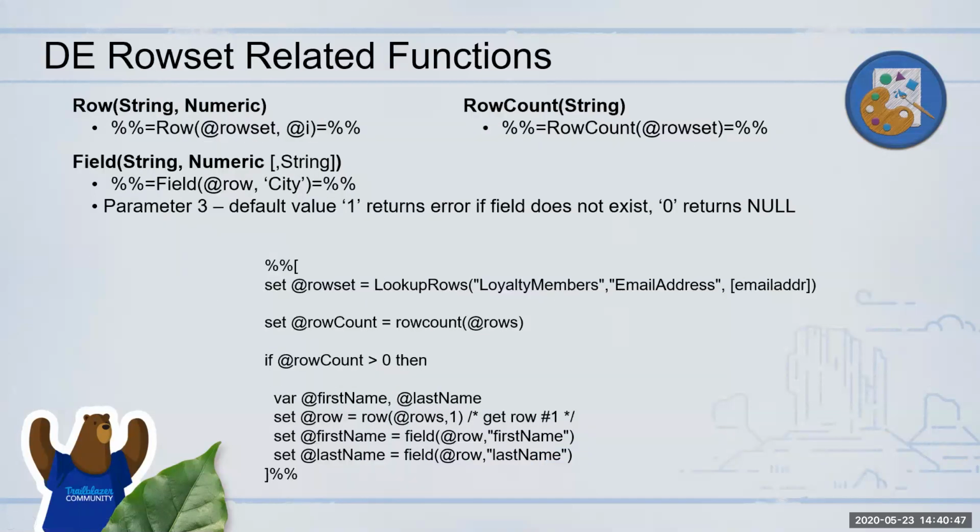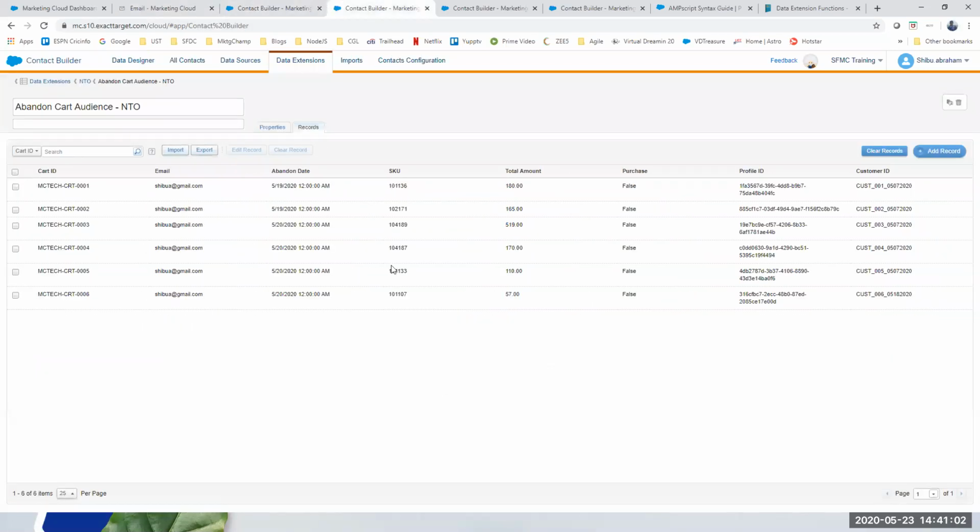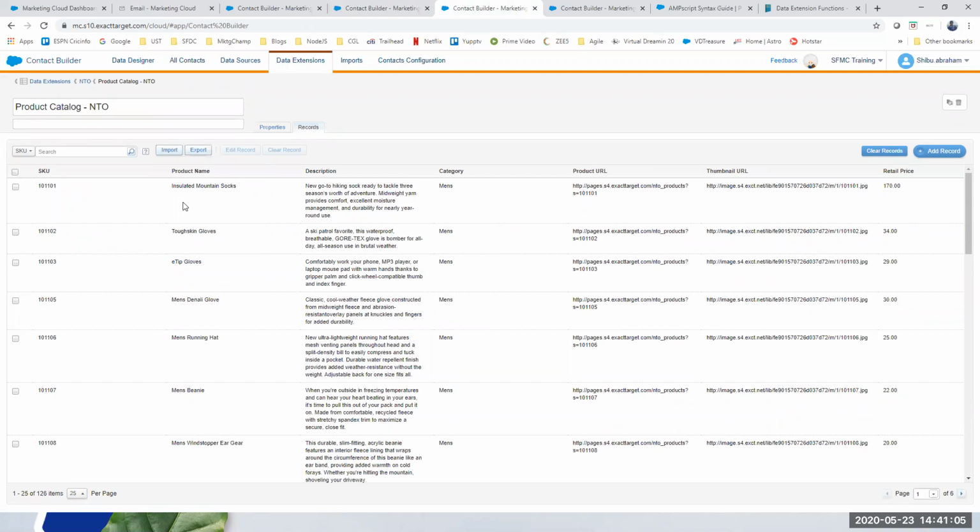So let me try to show you an example for this in a second. In our previous example, we got the SKU code, like I showed you earlier. Here, if I go to this particular table, I have the SKU code. Now, what if I want to get some additional data about this product? I want to get the product name, the URLs, and the price. So four data items I want to bring back for this particular customer. Okay, how do I do that?